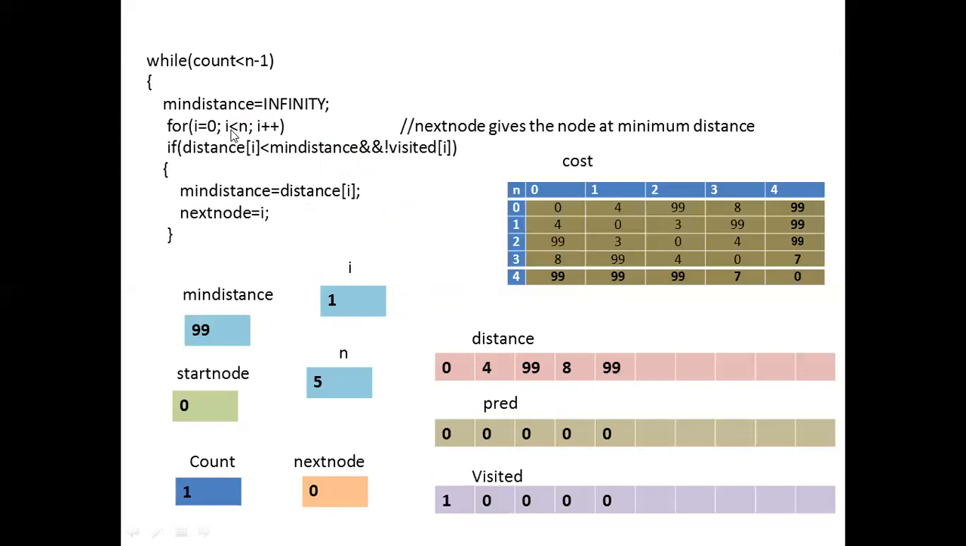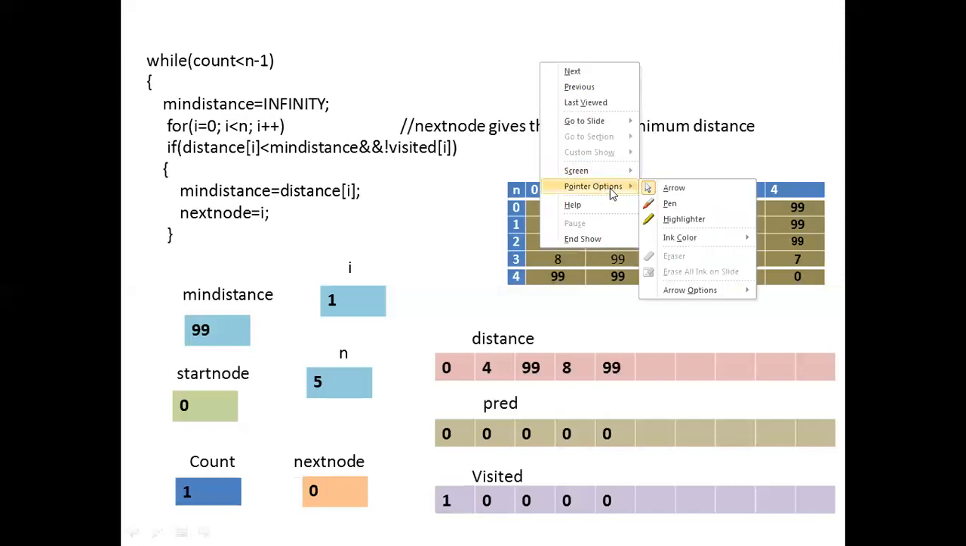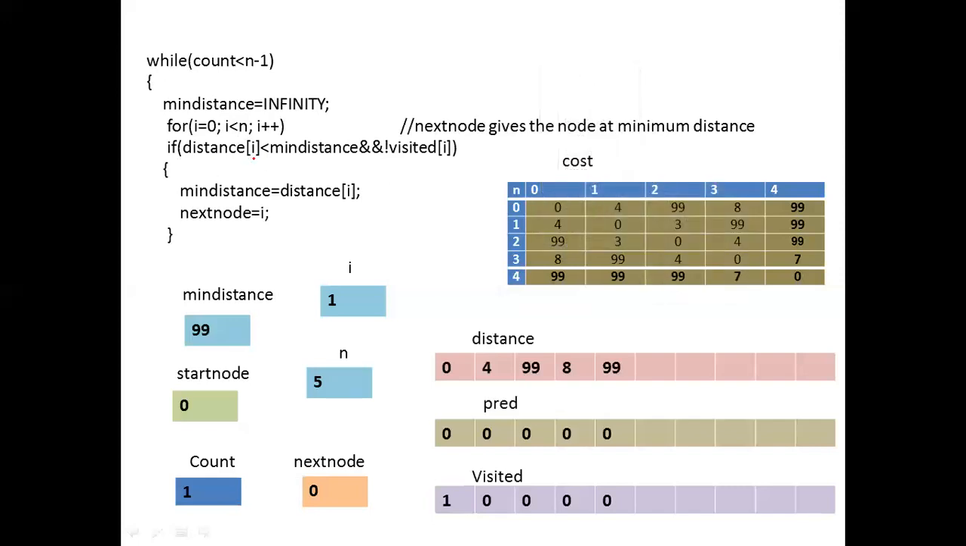So here what is the condition check? i is less than n. So i is less than n means i present value is 1. 1 is less than 5. Condition is true. Then it will enter the for loop. Now inside the for loop, I'm using an if block. So here in the if block, distance of 1, what is the present value of distance of 1? Present value of distance of 1 is 4. 4 is less than min distance. The present value of min distance is 99,